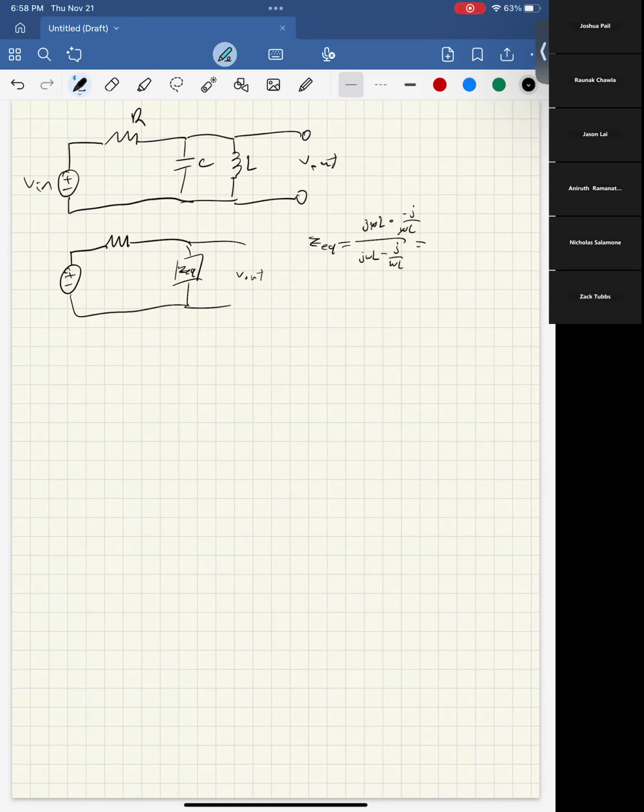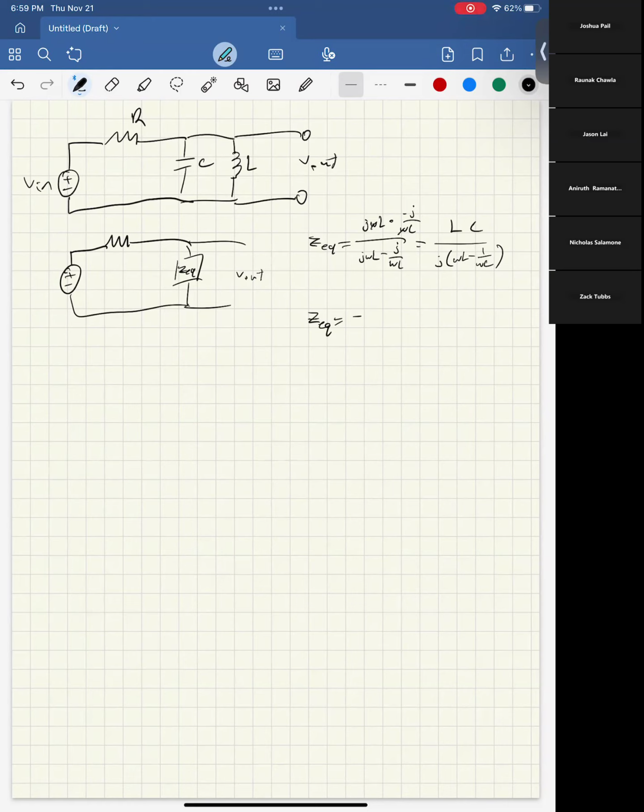This becomes a positive one. So that would become LC over j, omega L minus 1 over omega C, which you can write as